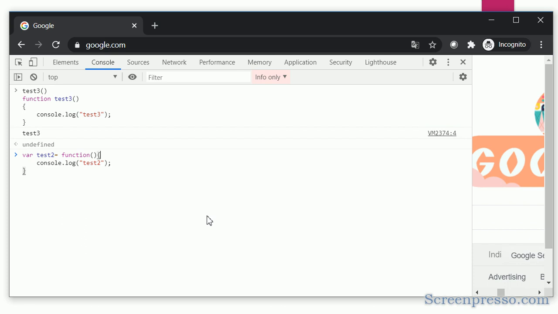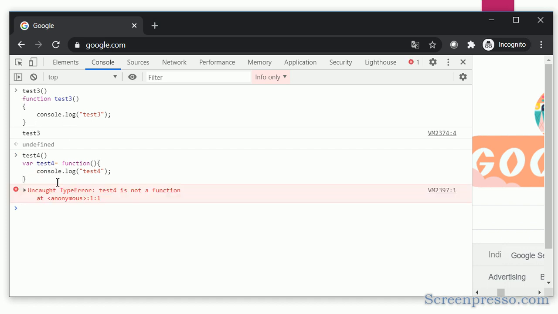So I try the same thing with the function expression. I am declaring the function expression, calling it test4. I am trying to call test4 before the declaration. It is more or less similar to what we did previously, but I am getting the error: test4 is not a function, because in function expression hoisting will happen.